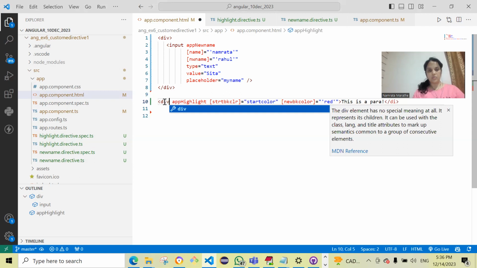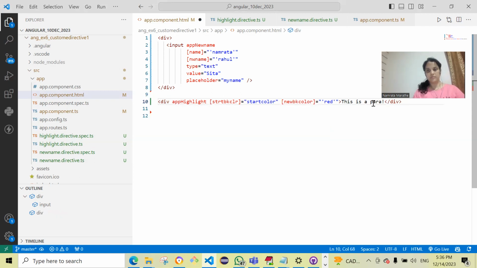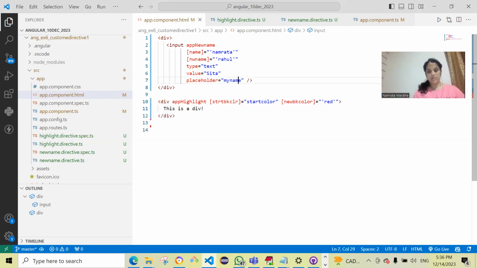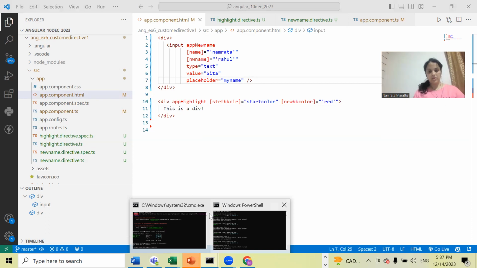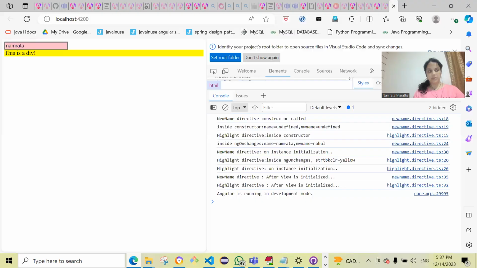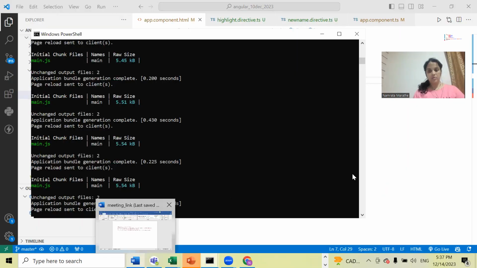Let's make it as a div instead of the paragraph. Let's first of all start it. It's running already. Okay, fine. Okay. Now what I will do